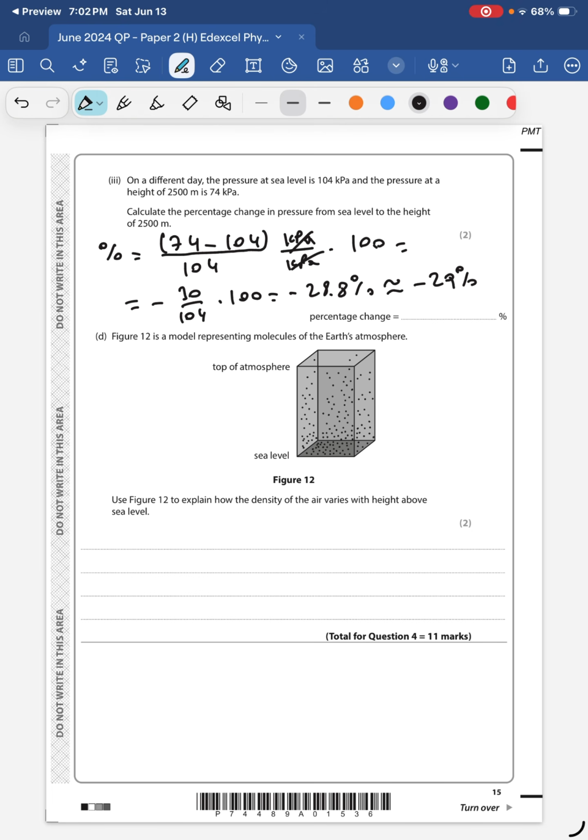Figure 12 is a model representing molecules of the Earth's atmosphere. So we have the top of the atmosphere, very few molecules, as you can see, and the molecules get denser as we approach sea level. Use figure 12 to explain how the density of the air varies with height above sea level. So figure 12 shows the molecules